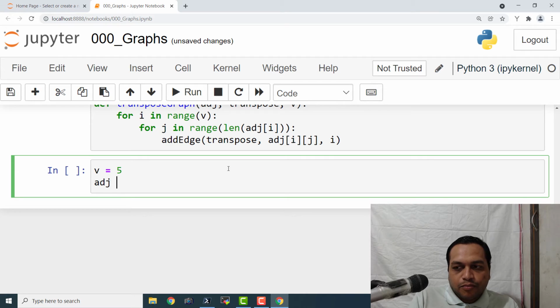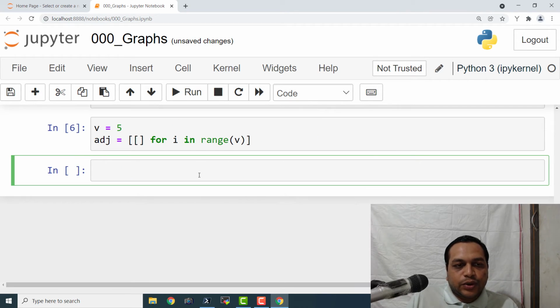So adj equals to, so now here we are going to write a loop which is going to create an empty adjacency matrix. And then we are going to fill it one by one by adding the edges, for i in range of v. So if I execute this, it is going to create the adjacency matrix.